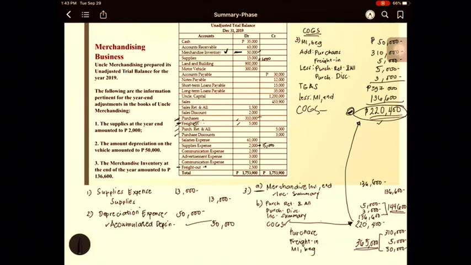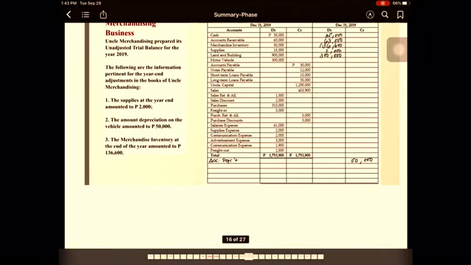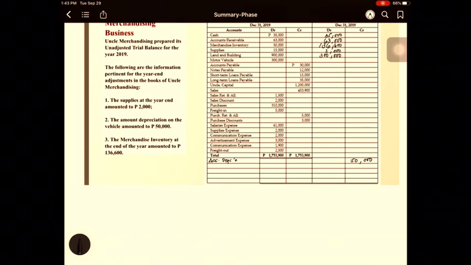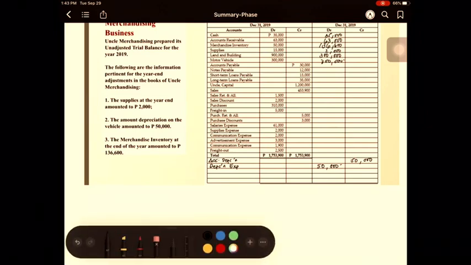We credited it, so we add an account, accumulated depreciation, 50,000. And since there's no depreciation expense yet, we add an account for depreciation expense, and we debited here an amount of 50,000. So the motor vehicle stays to be 300,000 pesos. I think I copied the wrong amount for the land and building. This should be